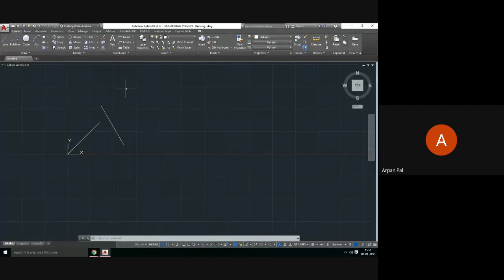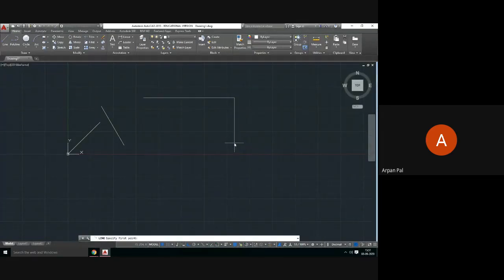Okay, another useful thing is, suppose you want to draw another line from the end point or midpoint of this line. When this is required, I am showing you. Suppose, by switching on this ortho mode, I am drawing one rectangle. So I give the value 200. Here I give the value 100. And after that, I suddenly press the escape button. See what happens if I want to draw another line by taking this end point.